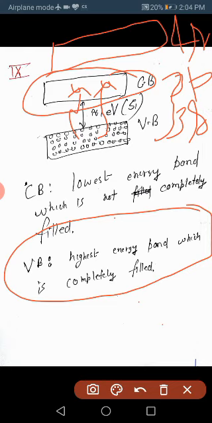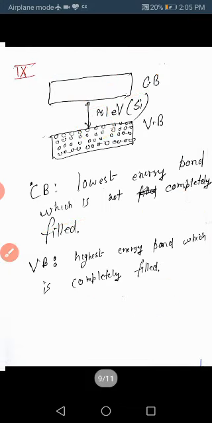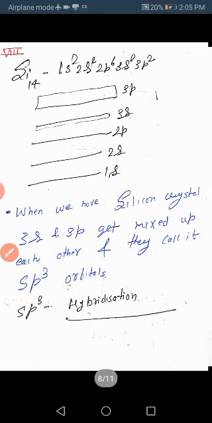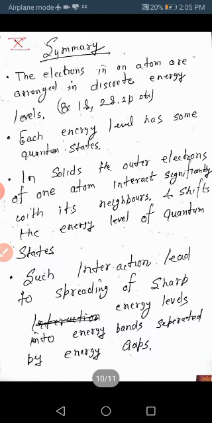This is an explanation in which I have not used any equation. I have given you the explanation on the basis of the transition and the interaction between atoms and these energy level changes. For all this you must have some background in basic chemistry, atomic structure, what 1s, 2s, 3s are, shells, number of shells, orbitals, and why I am saying 6p6. If you are not aware of this, then this explanation might be a problem for you. But if you are well equipped with basic chemistry, then you can understand it very easily. Okay, so now we shall move to the next slide. The next slide is the summary of